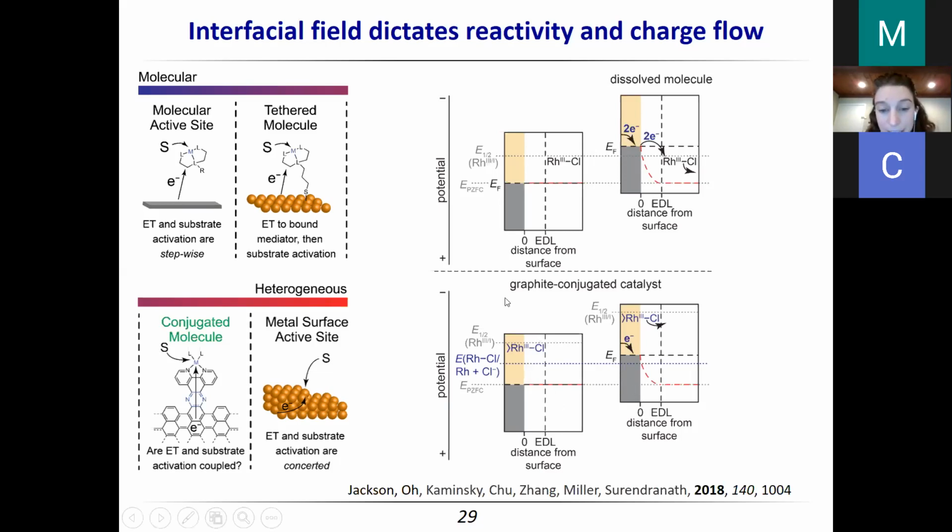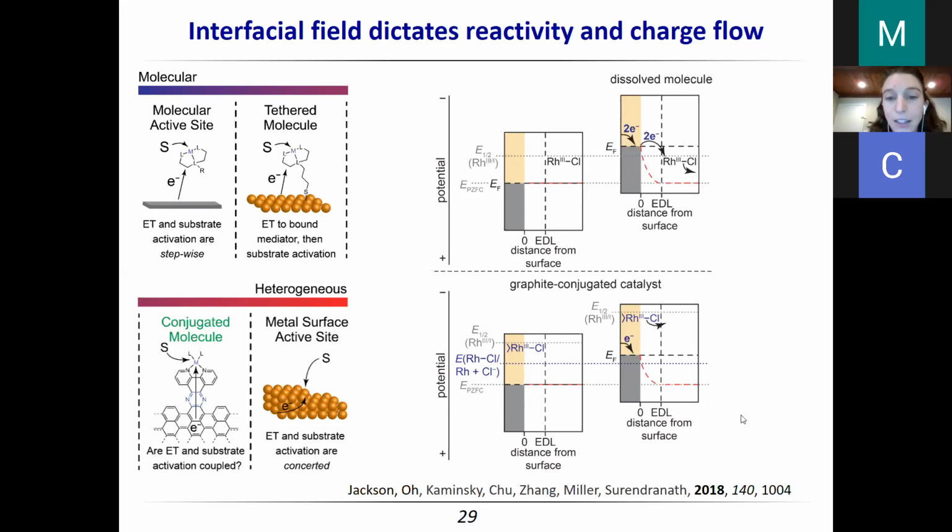But this case is different because now I have this labile chloride here. And the chloride ion is negatively charged. It can form and break bonds with this rhodium site. And so when I generate this negative charge right at the surface of the electrode, I'm building up an electric field. And eventually, this negative charge buildup at the electrode is going to drive the negatively charged chloride away from